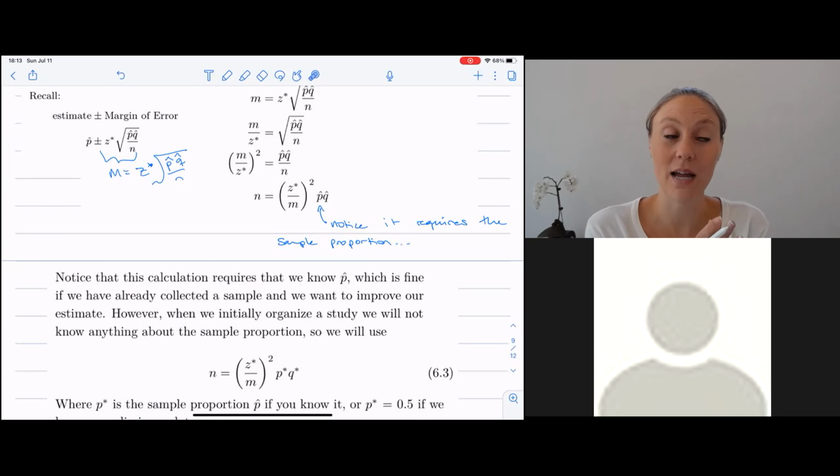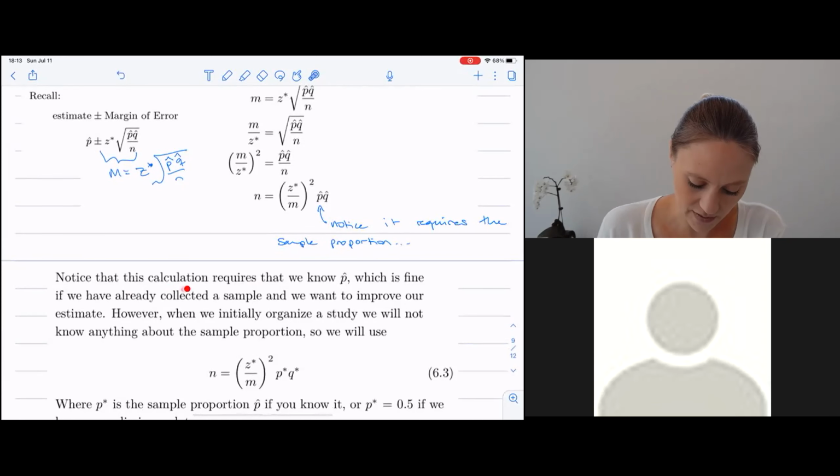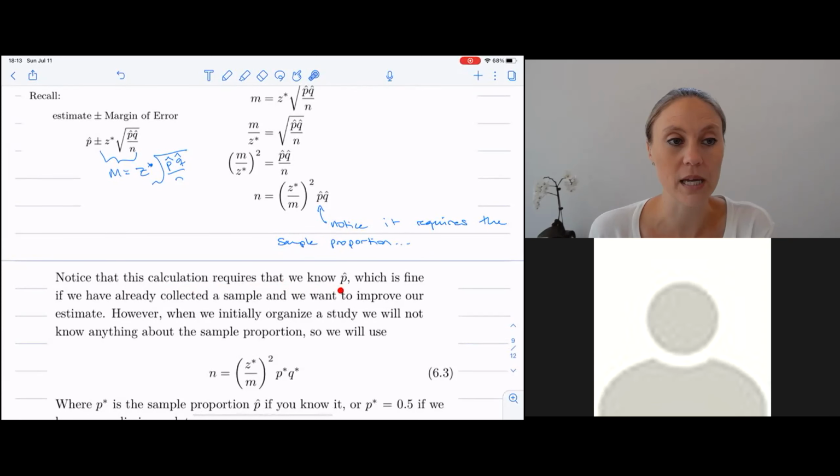Because this hypothetical situation is before we've collected any data and we're trying to figure out what sample size we would need. Notice that this calculation requires that we know P hat, which is fine if we have already collected a sample and we want to improve our estimate. That's an option too. However, when we initially organize a study, we will not know anything about the sample proportion,